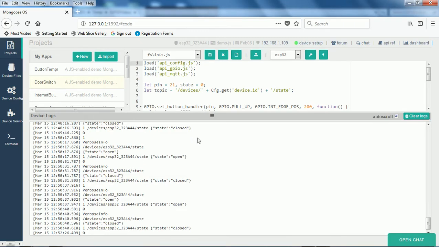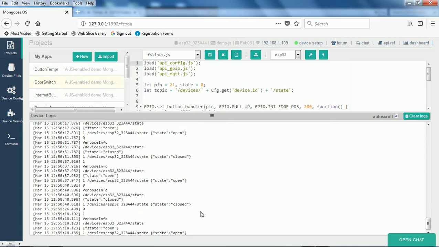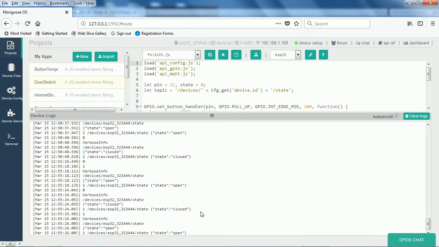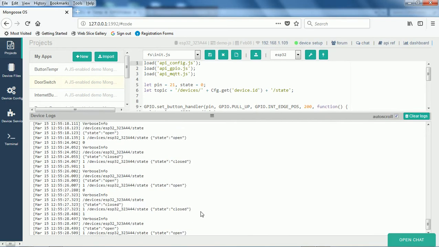Maybe I can go to our code base and we can take a look. Now I am trying to pull this. Here you can see this state has become open. It is as good as opening a door and then closing it. So again it is closed. Like that you can see it keeps on happening. So this is about the way in which the door switch control works using the ESP32 device.